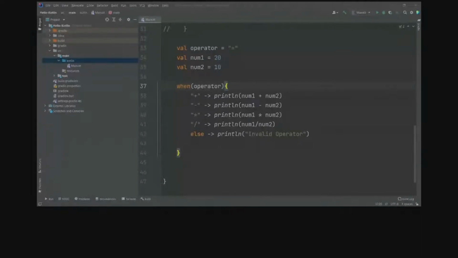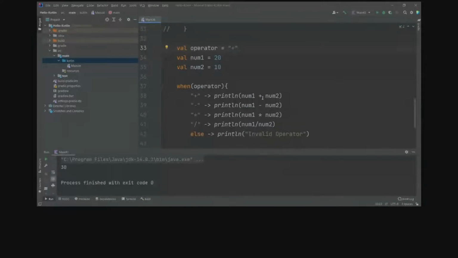It's that simple. So as you can see, Kotlin is a very simple language, right? If I change it to plus, now let's see what happens. 30. Yeah.